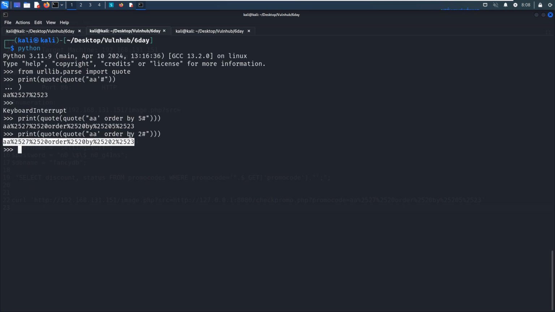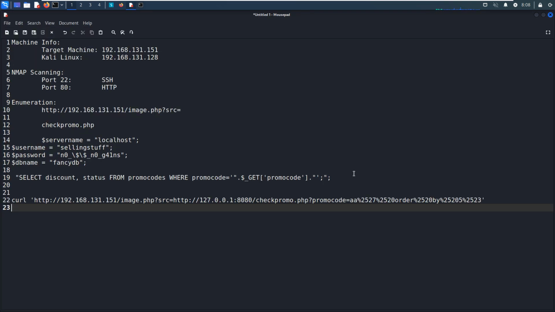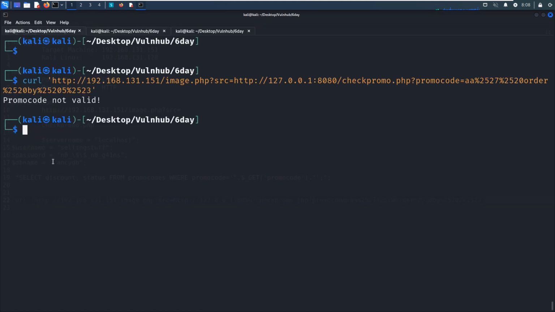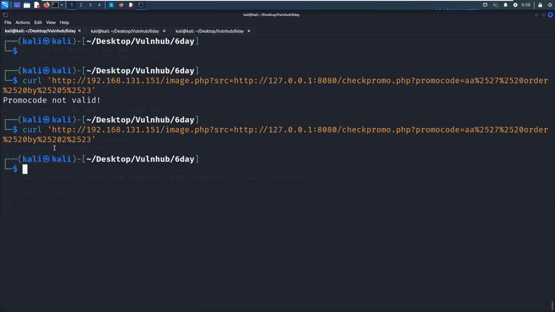In a real engagement, you need to reduce from 5 to 1, one by one. Now we paste it over here. No error, right? So it means that there should be 2 columns.